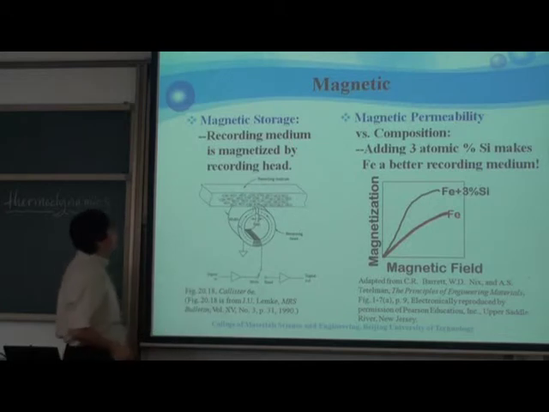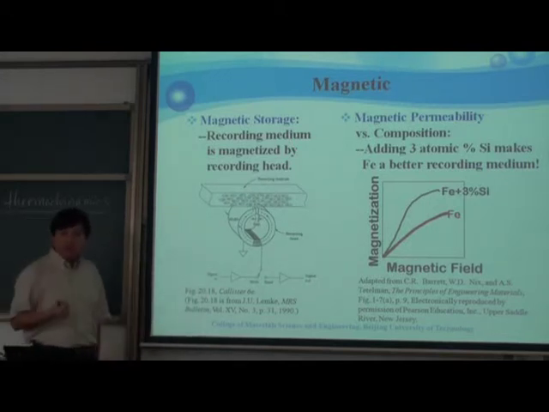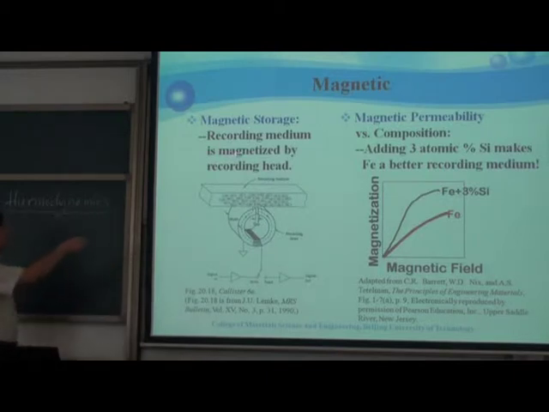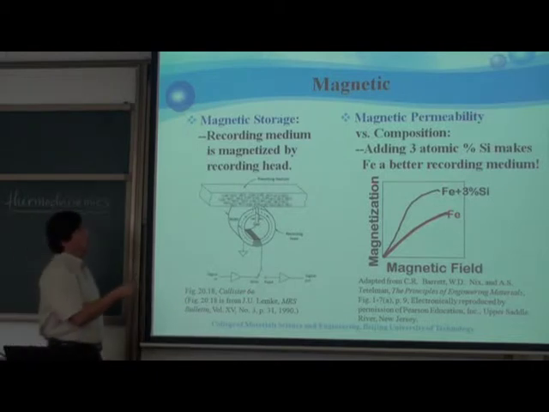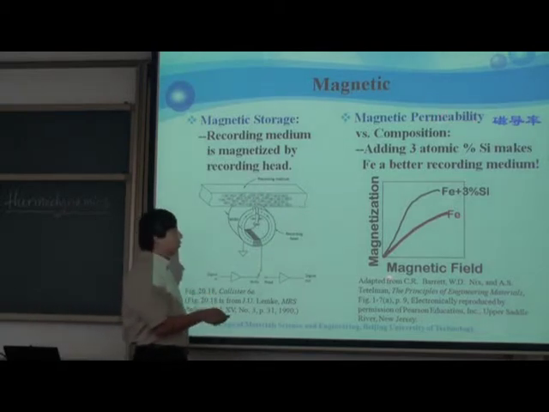Now, let's look at magnetic. Everybody knows our recording medium. Okay, recording medium, such as your tape, is magnetized by the recording head. So there's one important magnetic property called the magnetic permeability. Okay, now let's look at this figure. This figure shows the